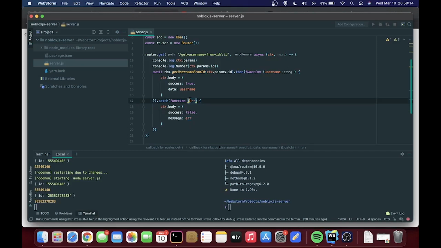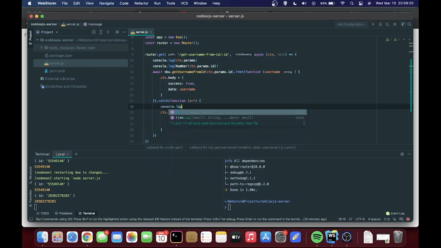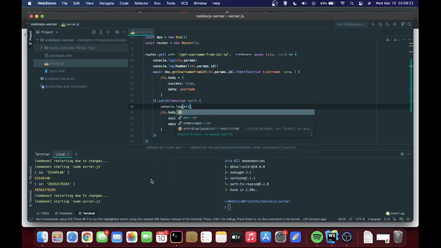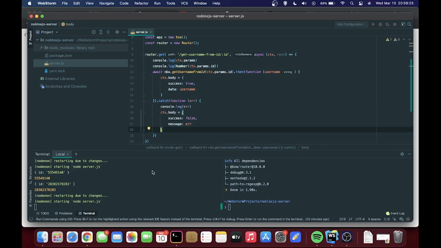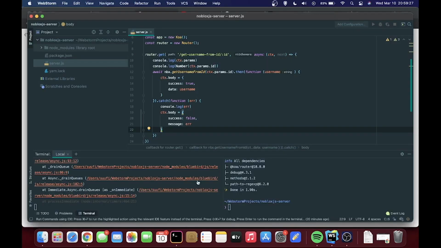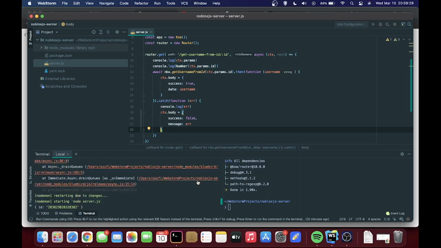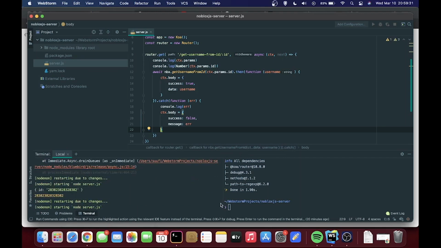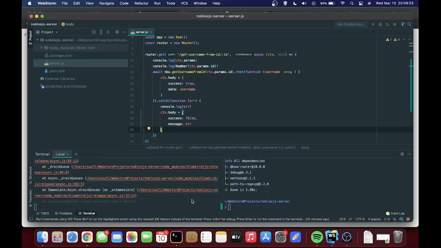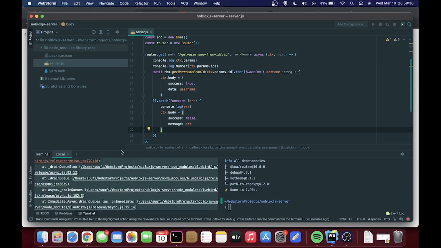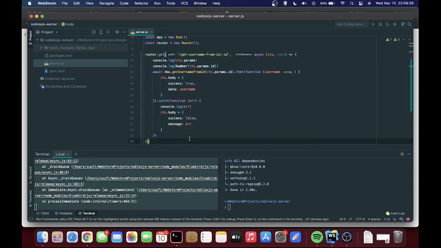What if I don't have a proper ID? It says success false and the message is still blank. Let's go ahead and fix that. If I do console.log(err) and I pass that wrong ID again, I see that it does give me an error here, but the issue is I can't really do anything with it.